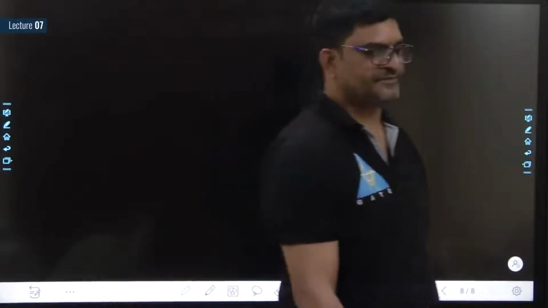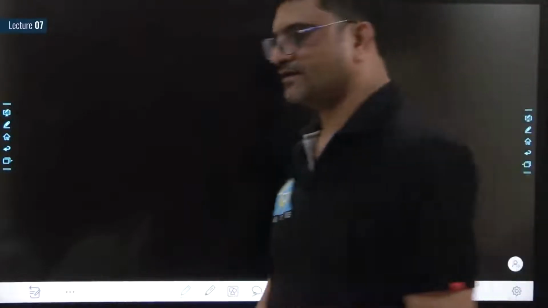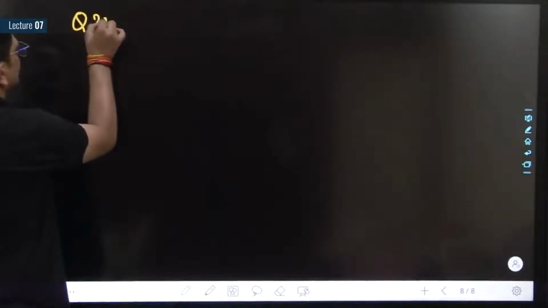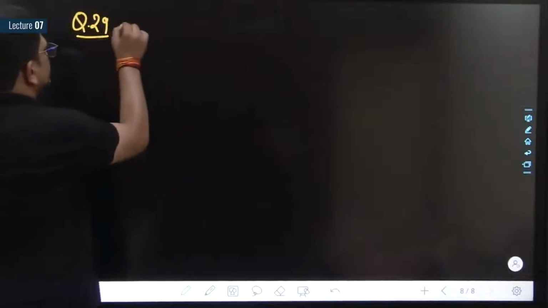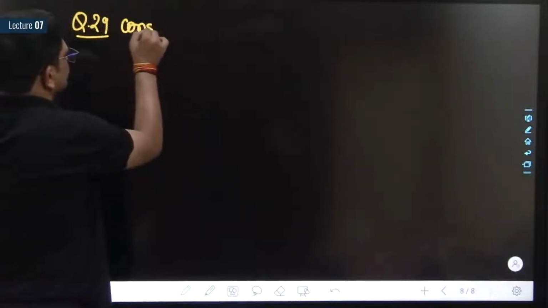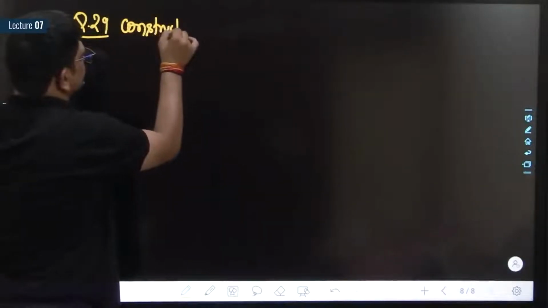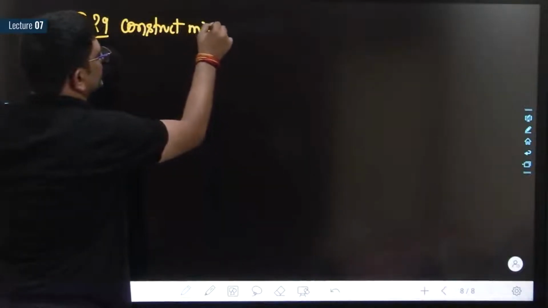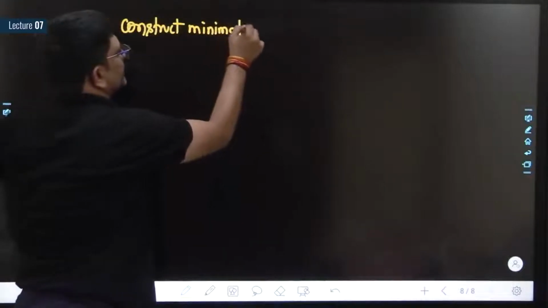Change the base. Instead of binary, we use ternary input symbols. Question number 29. Construct minimal DFA